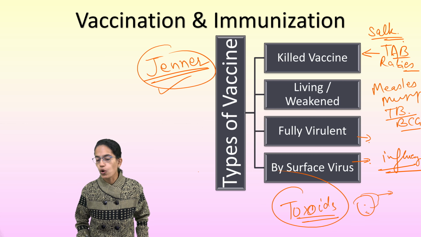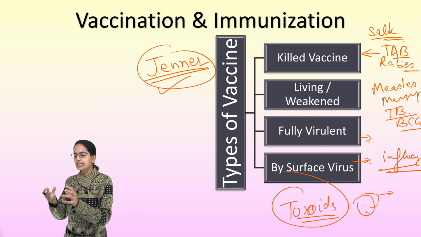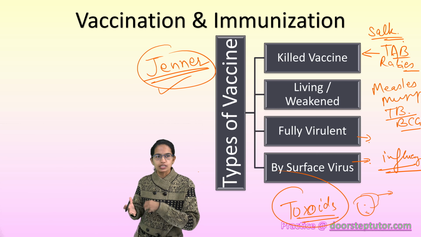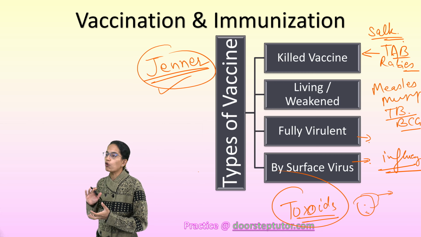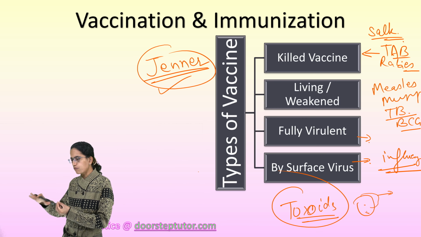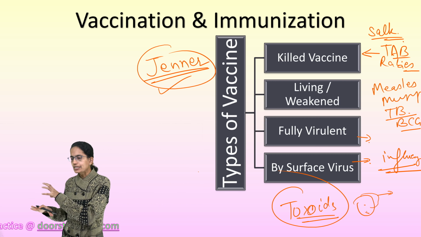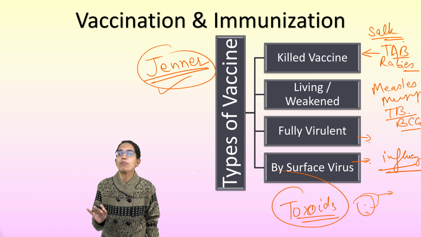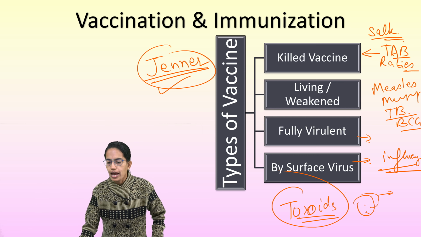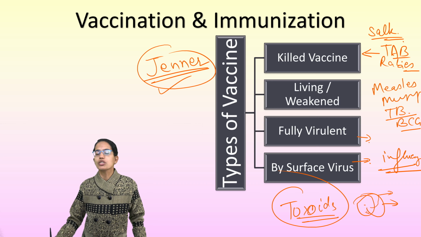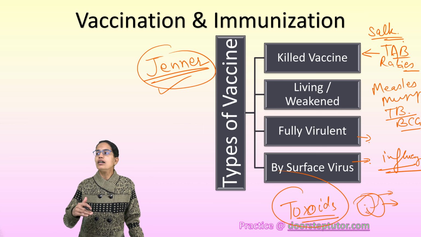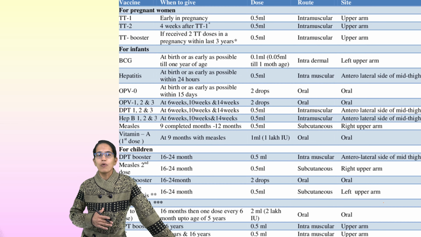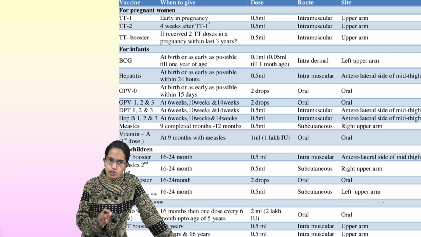Toxoid, as I said, is what? It is the extract of the toxin, and this toxin is secreted by the bacteria. Now this toxin which is secreted is mixed with formalin. Once it is mixed with formalin, it reacts in a certain way that it becomes harmless, but it retains the properties of an antigen, and therefore, as I said, it creates a cover, and therefore it is used as a vaccine. So we call it a toxoid vaccine, which is very important. Tetanus and diphtheria are forms of toxoid vaccines.